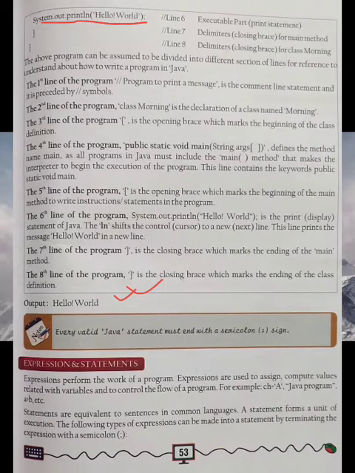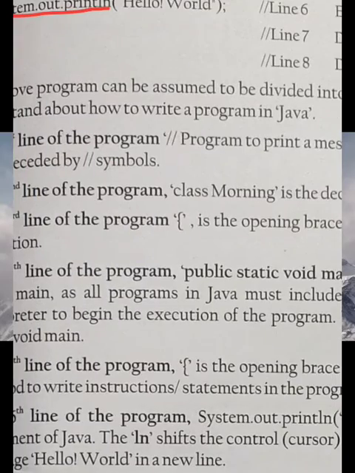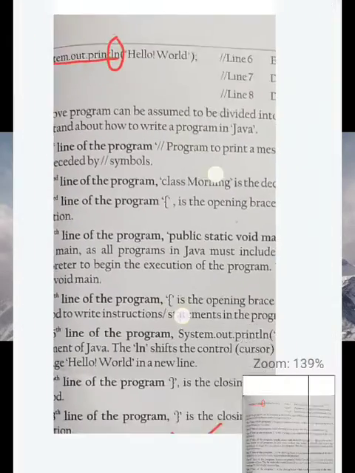Now the next page is saying System.out.print. This is the print statement. You can say that it is the output statement or print statement. System.out.println: here println is used for printing things on the next line.